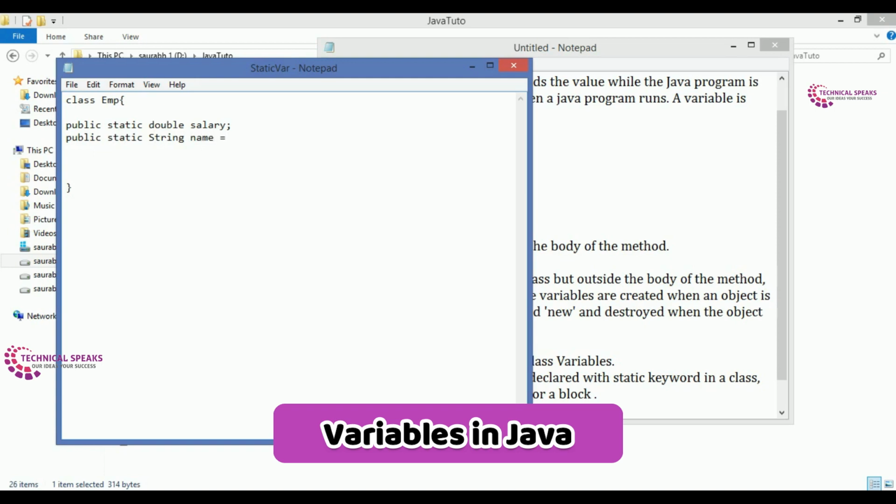Let's suppose a name we have Mohan, right? Mohan. Just close it. Now we have to create main class.